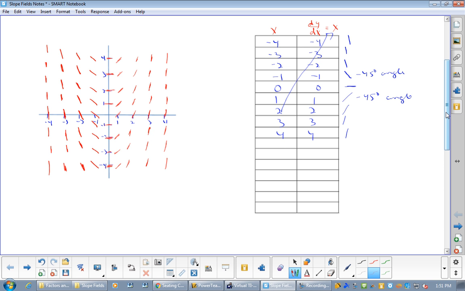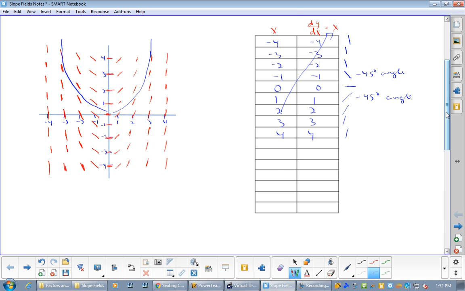Oh, I missed one. There should be a slope there of 0, right? And if you follow this through, you'll see a little bit of a pattern here. Where's my first one? Yeah, we'll just go maybe like this, right? And then this one will go kind of like that. So it's showing you your slopes at every point on the graph,